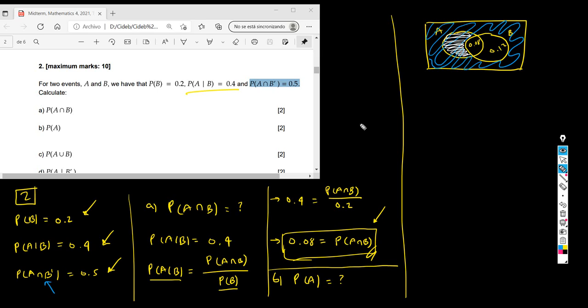Okay, can you see that? They intersect only there. So basically this white area is actually this much, 0.5. You see? This white area symbolizes A intersection B prime, and they're telling me that such area is 0.5. And that's the area that I wanted to find, because now I know that if I add 0.5 plus this little bit,